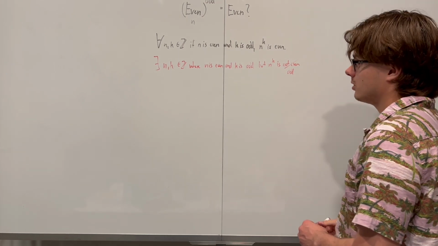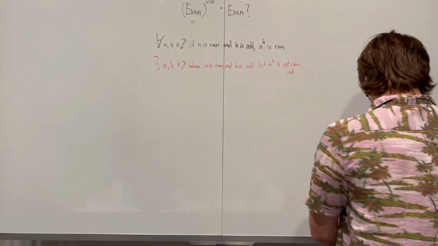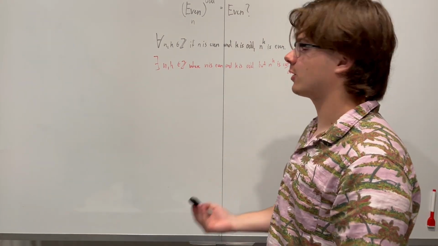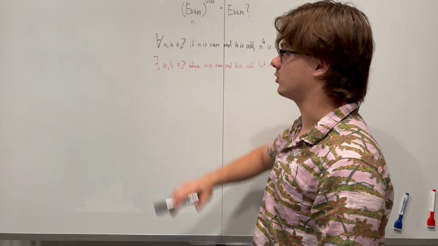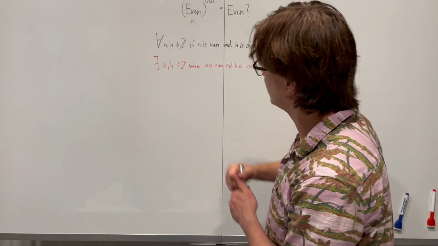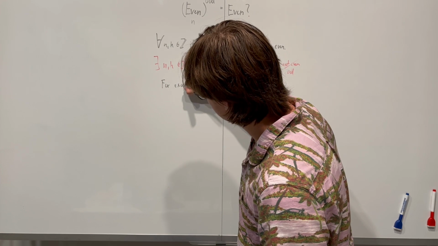right? So what we're going to do to prove this is false, we're going to prove the red statement is true. So how do we prove it there exists? There exists is just here's an example of why this is true, because that's all this is asking for, is that there is an example where this is true. So let's write that down. We say, for example,